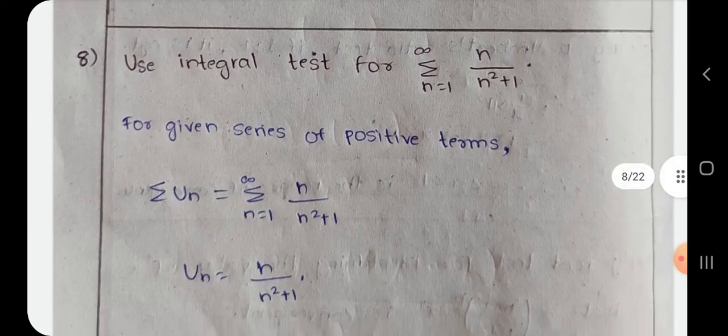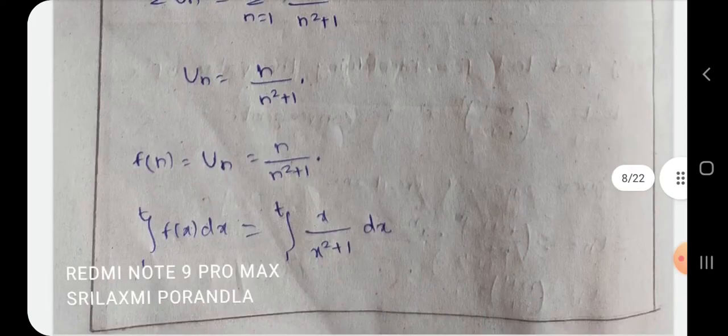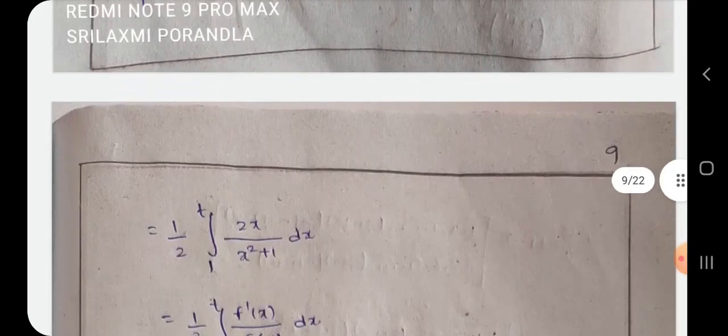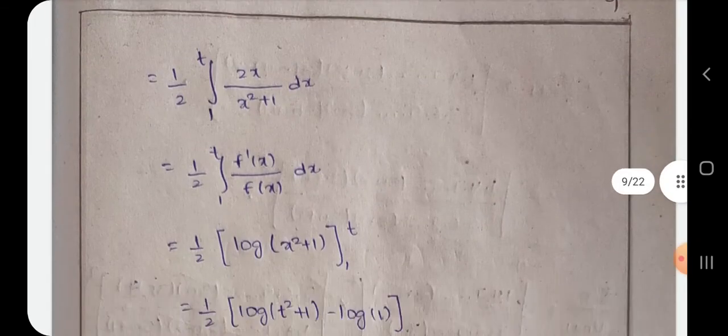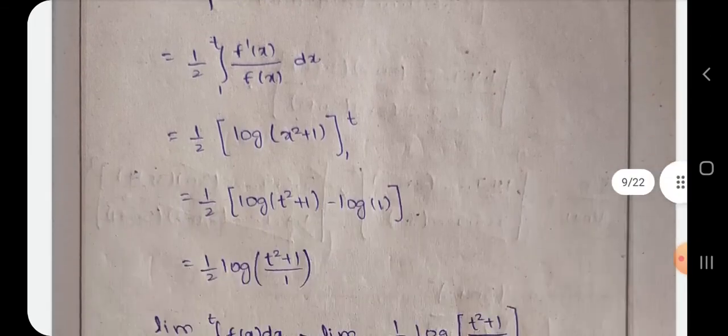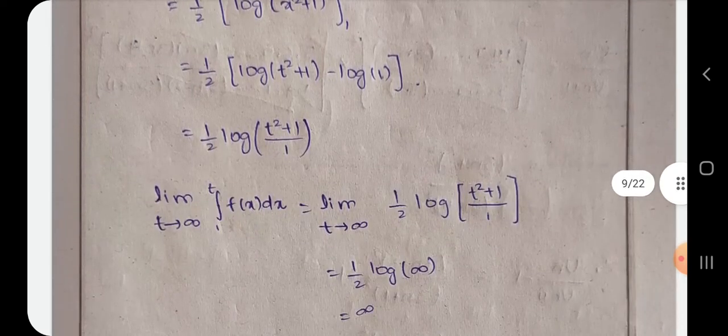Use the integral test for this problem. Clearly the name is mentioned. So n divided by n square plus 1 is the general term. You are calculating the integral. So it is looking like f dash of x by f of x type, logarithm of f of x. So logarithm of x square plus 1, and directly you are applying the limits,